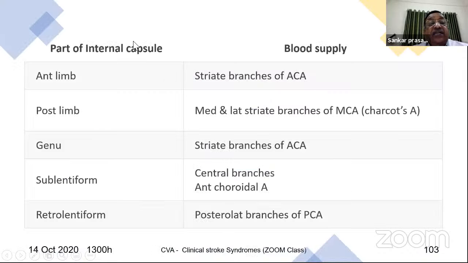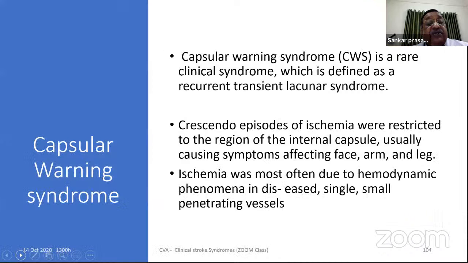So the anterior limb, straight branches of the anterior cerebral artery; the posterior limb, medial and lateral straight branches of MCA; genu, straight branches of ACA; sublentiform, central branches of anterior choroidal; retrolentiform, posterolateral branches of the posterior artery. So the diagram you remember at least most of the times. The last one is a capsular